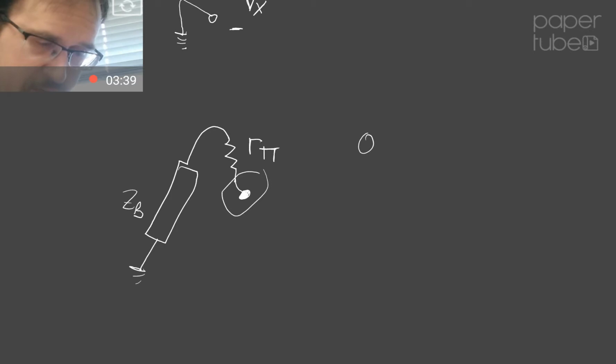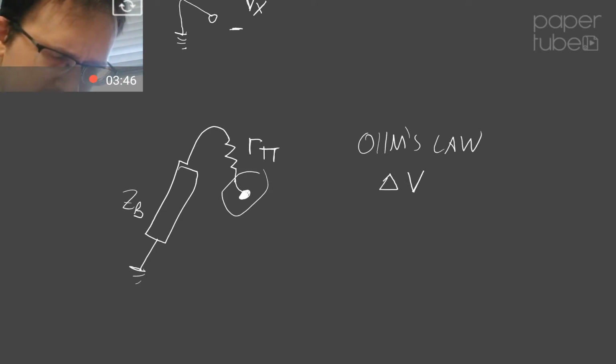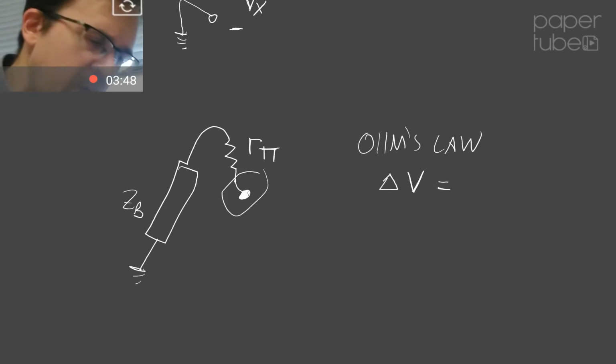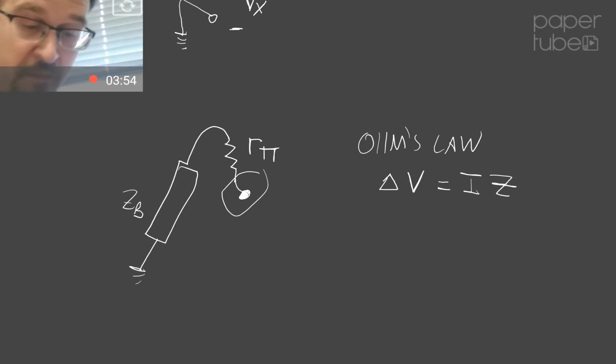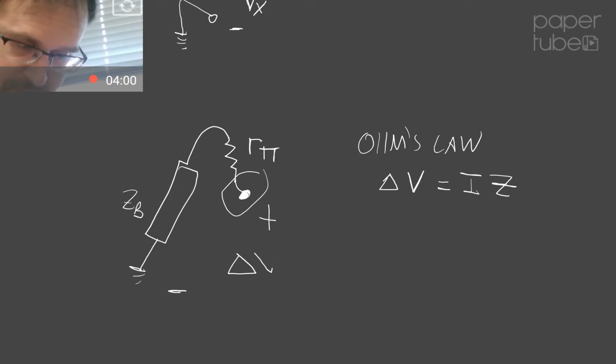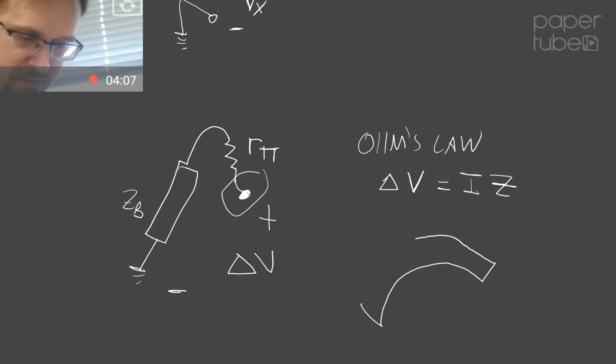So Ohm's law is we're saying we have some element and we want to describe the voltage drop across it. So notice the delta V. We may not know other things about the rest of the circuit. We know that across these 2 points right here, there's some delta V. And if we just see this whole chunk that we've got, never mind the fact that there's 2 resistors in there, if we just see this as a circuit element,